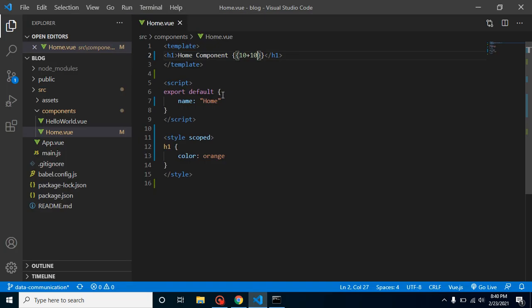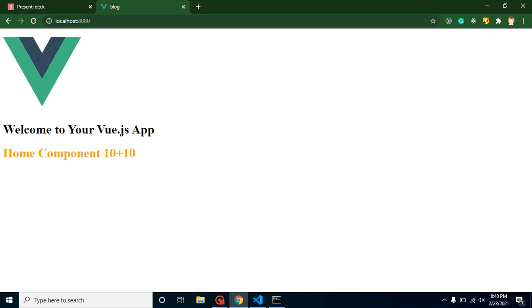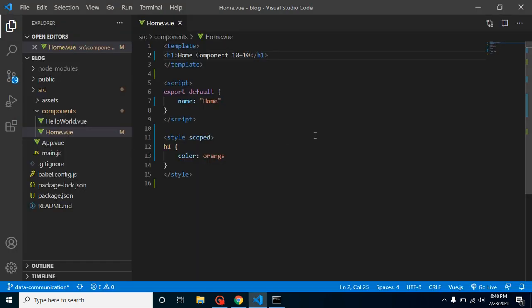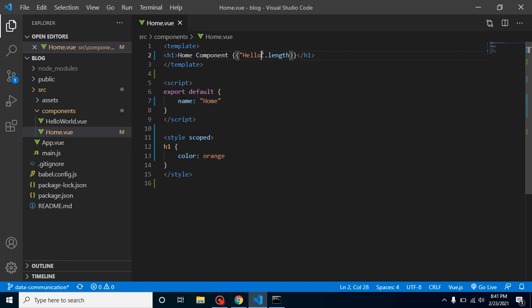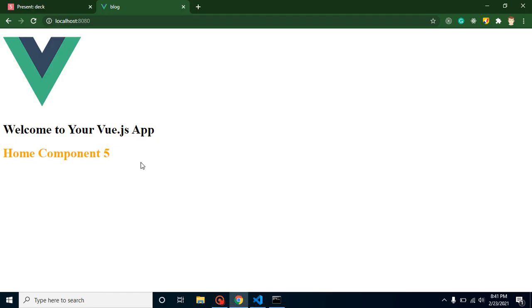If you remove these double curly braces, which we call interpolation, then you will find that the arithmetic operation, which is addition, is no longer applied. So we can do it with double curly braces. We can do much more things. For example, let's say I want to check the length of this hello string. We can write hello.length inside the curly braces, and here you can see that we have a length of 5 because it has 5 characters. If we have something else like hello world, this again works great.